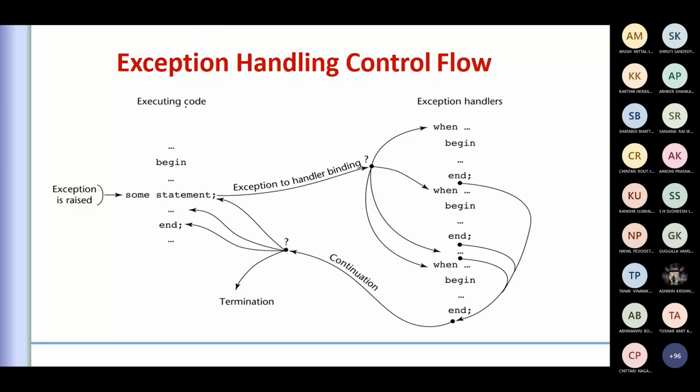Okay, so if you see this is some program code. You are in a program execution path, and some statements are executing. But for this statement, say for example, the input, divide by 0, or any kind of statement where you're trying to take an input from the user, an exception is raised for that.